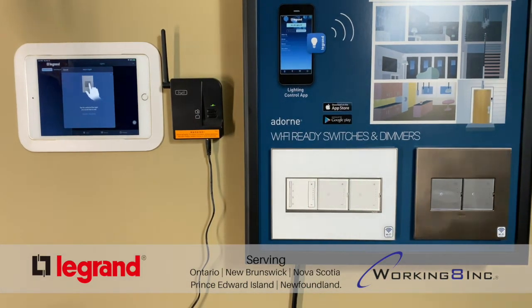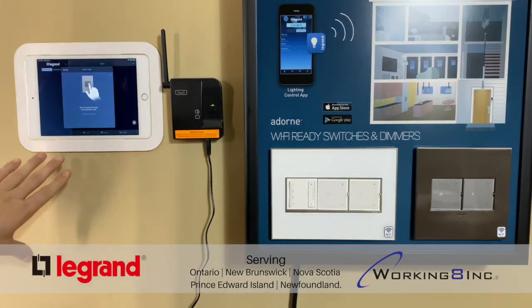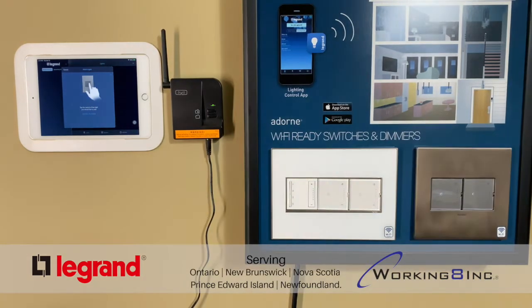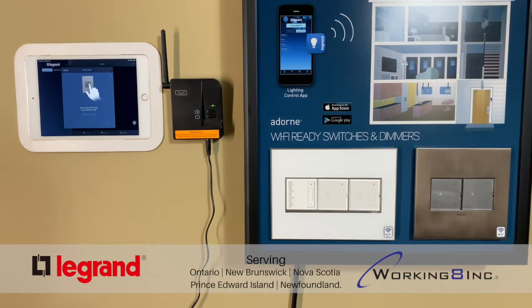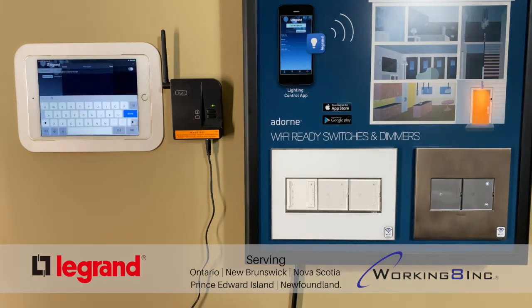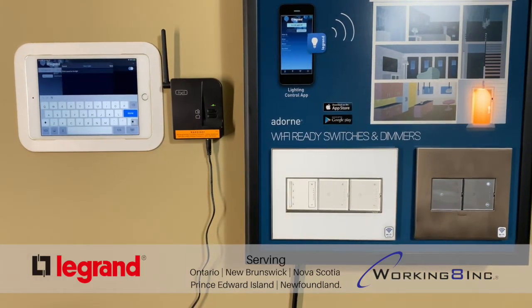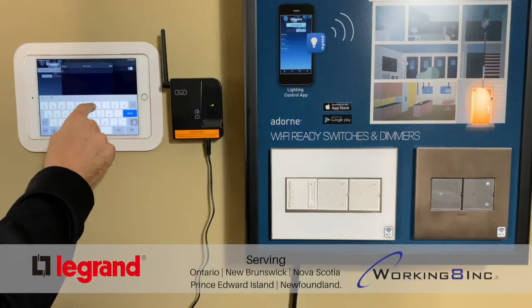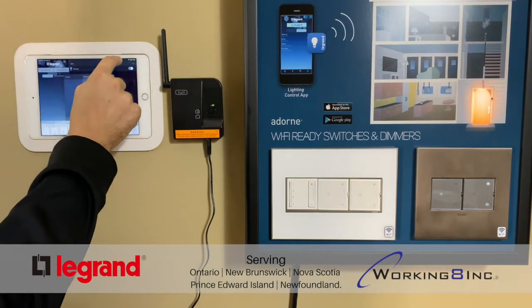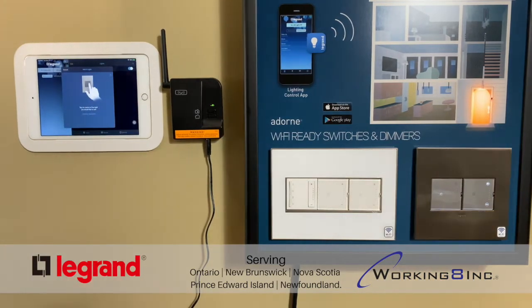So as you can see here up on the app, as soon as you open it up, it'll say add a light. You have to make sure your app is connected to your home network, of course, and then you can start adding. So it's as easy as just turning on your switch or dimmer. So we'll do this one first. Turn it on. There we go. It lit up and said name light. This one is outdoor. We will go save,